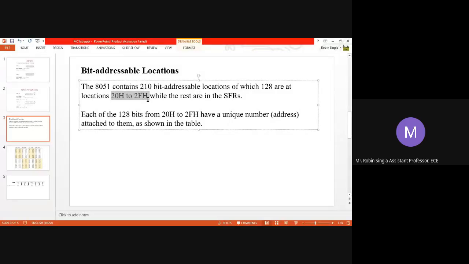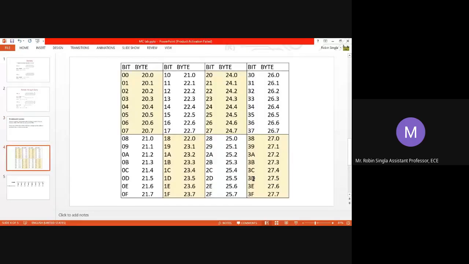20H to 2FH byte memory locations are there which are bit addressable. We can address 1 bit of these memory locations. It is shown in this table.